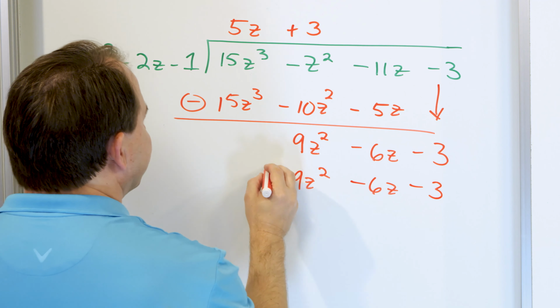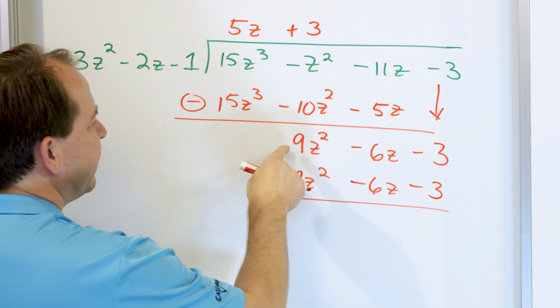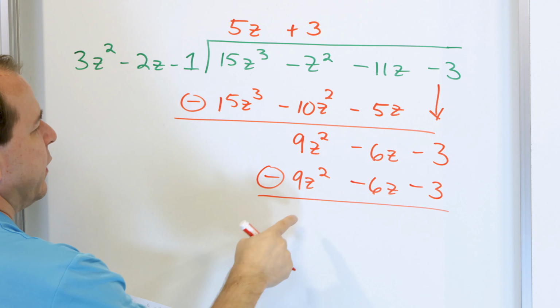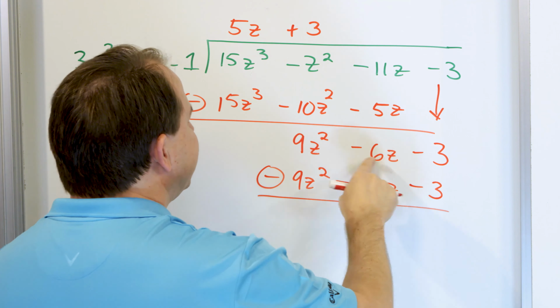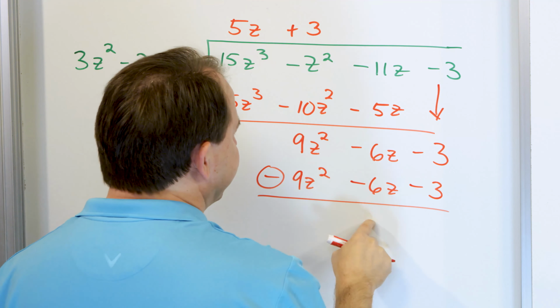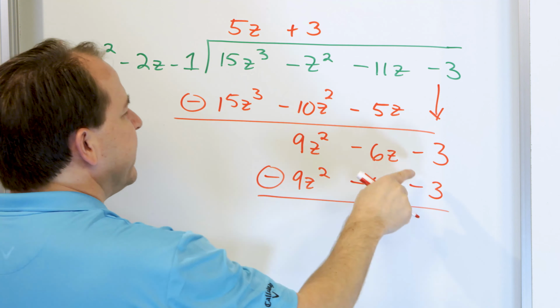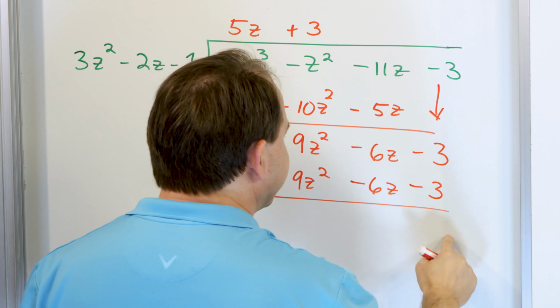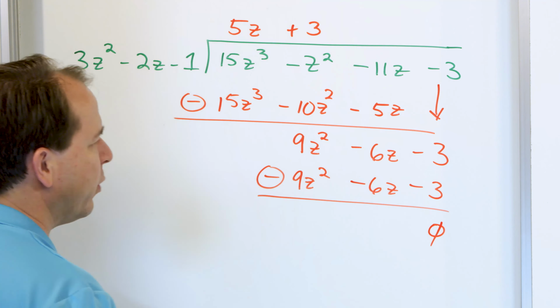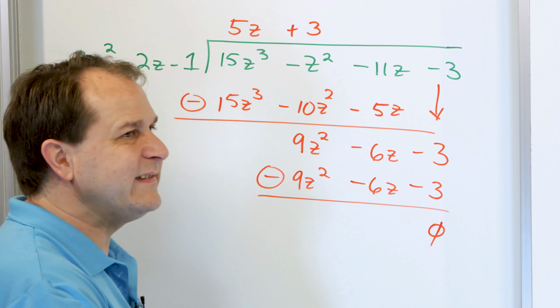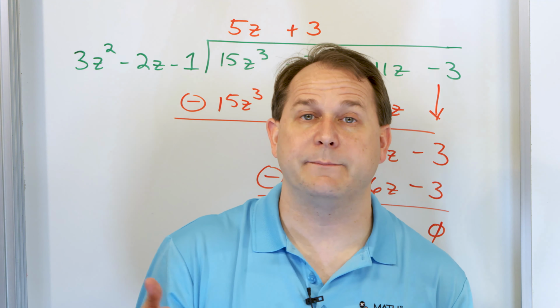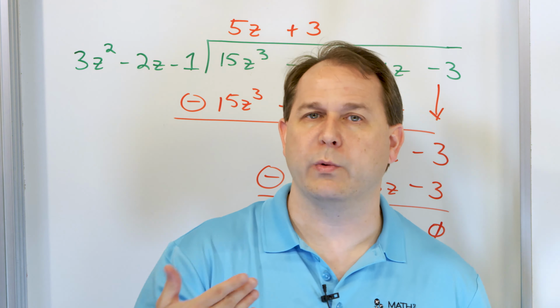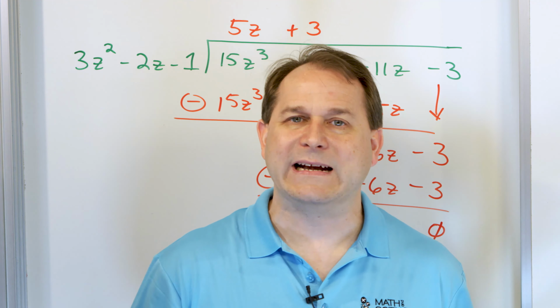Okay, so we're going to subtract here. So look what happens in this case. The 9z squared minus the 9z squared gives you 0. The negative 6z minus the negative 6z gives you 0. The negative 3 minus the negative 3 gives you 0. So you have 0, 0, 0 everywhere, so really you have no remainder left. So this is a perfect example of when you would say 15 divided by 3 is 5 with no remainder. So the polynomial divided in, and there was no